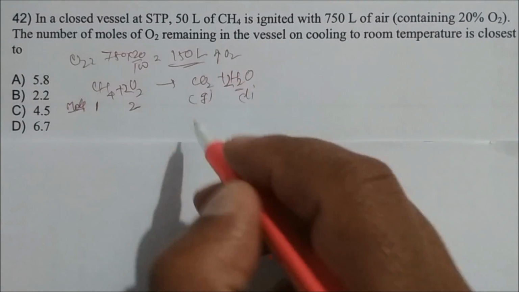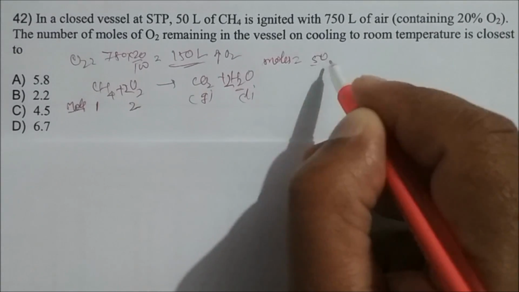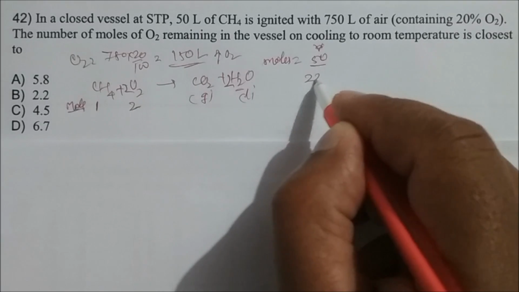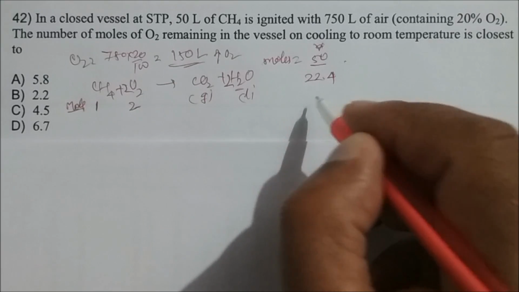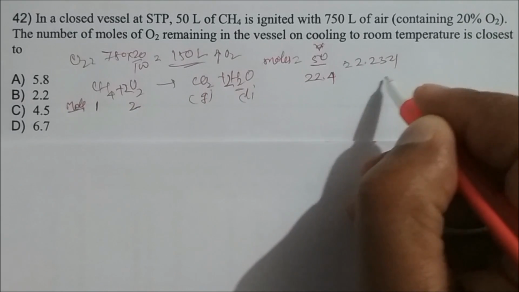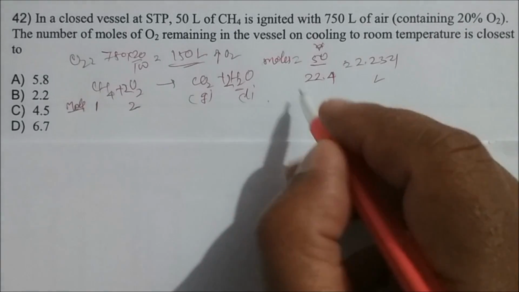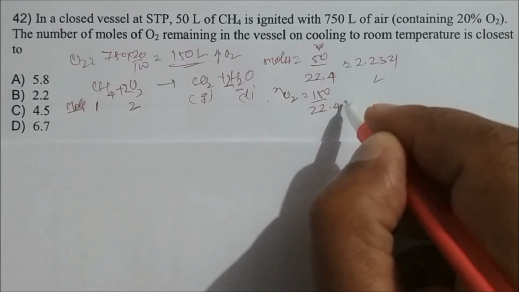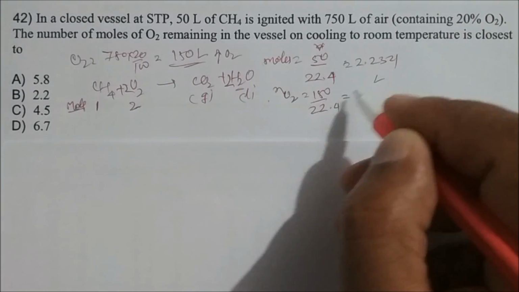So we have to convert how many moles of methane there are. Moles of methane will be 50 divided by 22.4 liters at STP. So 50 by 22.4, it will be about 2.232. Similarly for moles of oxygen, oxygen is 150 liters, so moles will be 150 divided by 22.4. If you solve it, it is coming about